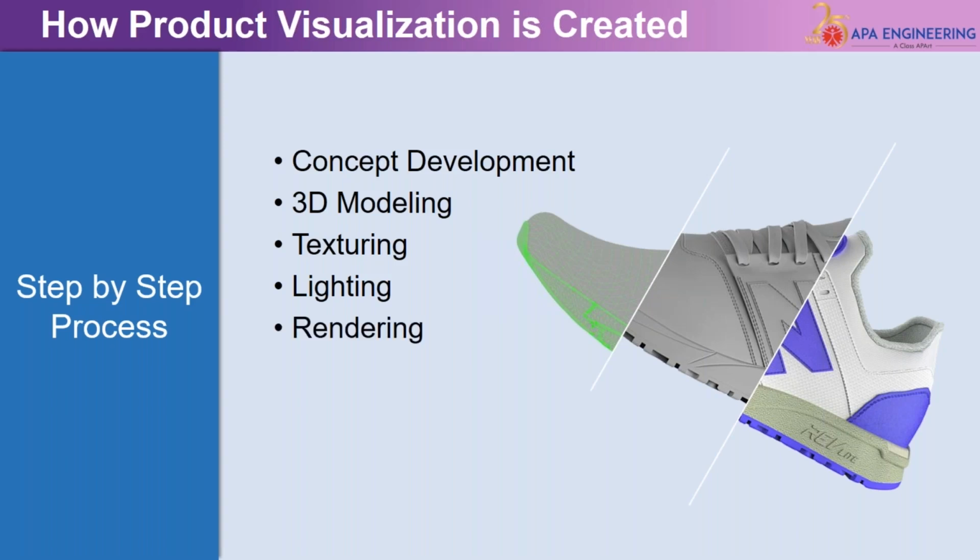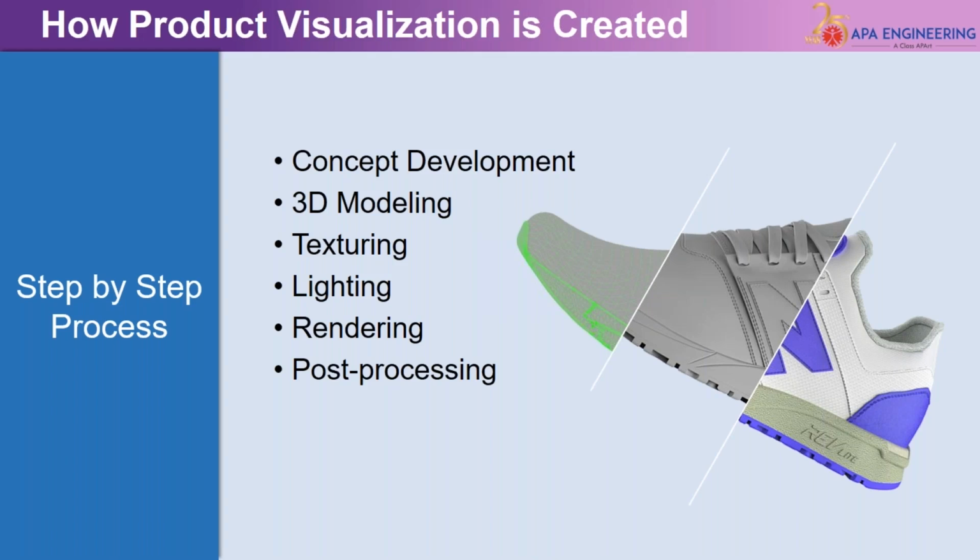And finally, the important part is rendering. This is where the magic happens. Rendering transforms all the modeling, texture, and lighting into a polished, photorealistic image. It's the digital equivalent of waiting for a perfect product or perfect photo. Finally, a small post-processing is done, where the image gets some extra love, like adjusting the color or sharpening,